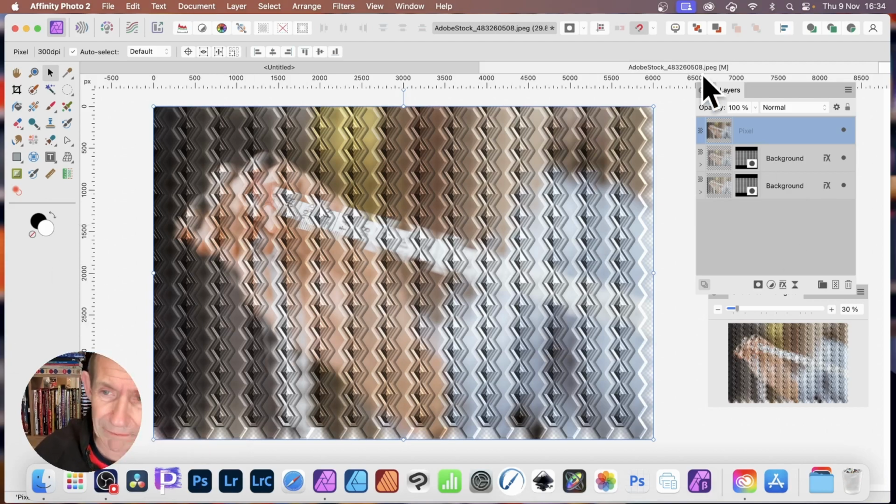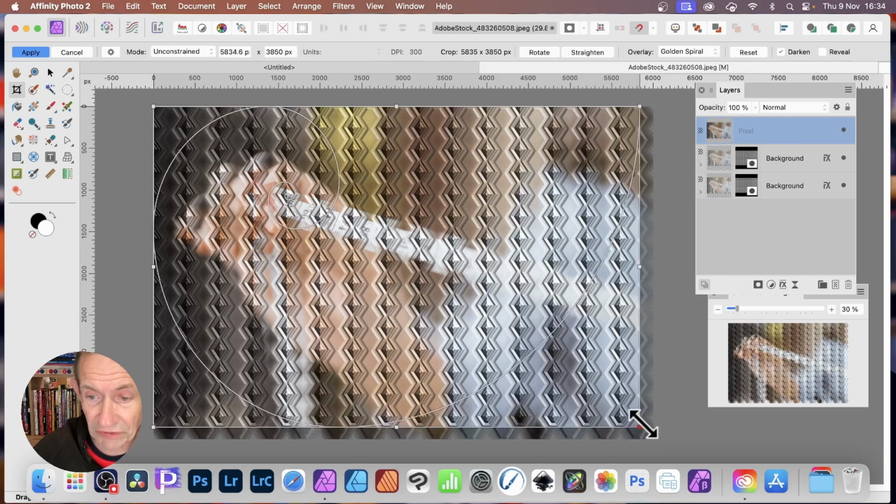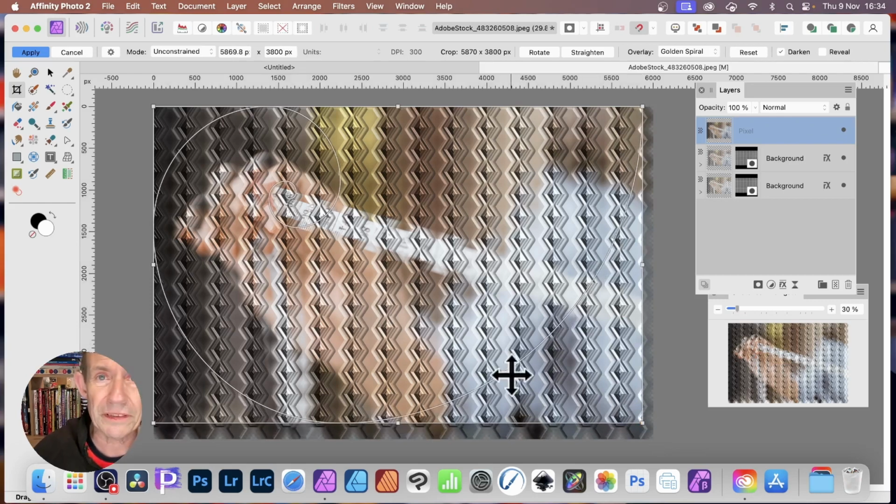You'll notice there is a slight problem with this. It's not great because you can see around the edge. It doesn't look great. If you're happy with that, of course, fine. But you can always crop it. So again, just go over here and you can select the crop tool. And you can then just resize that and remove that other bit